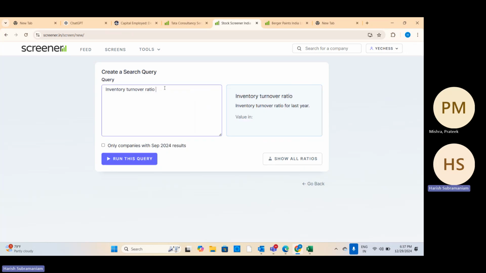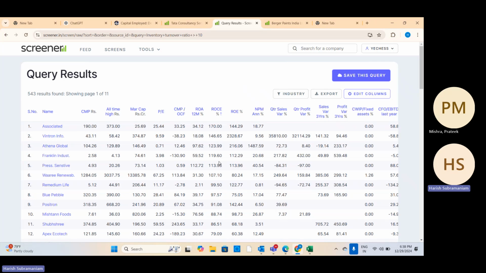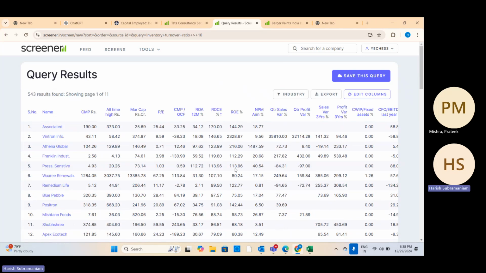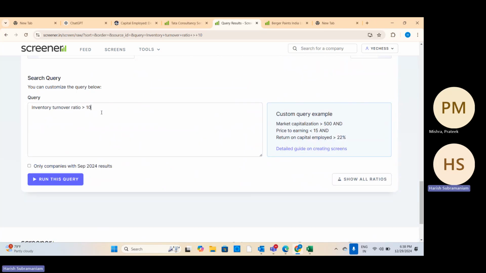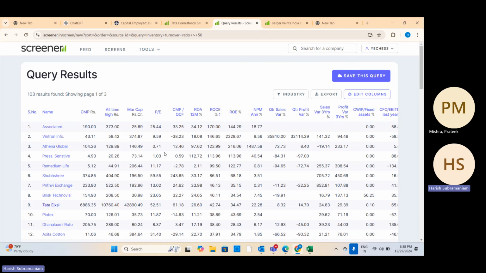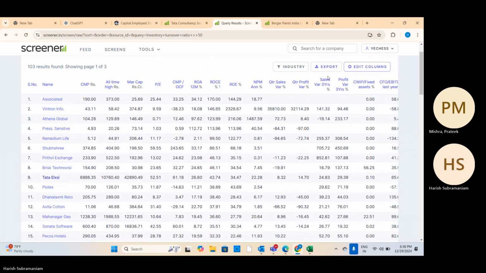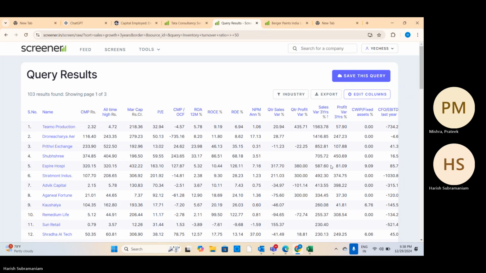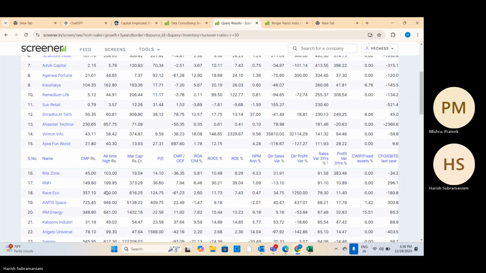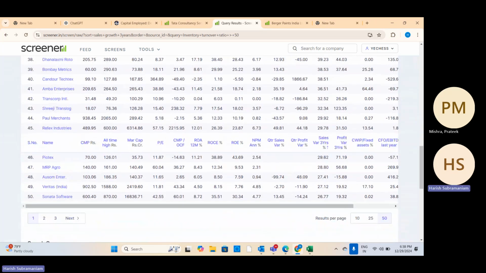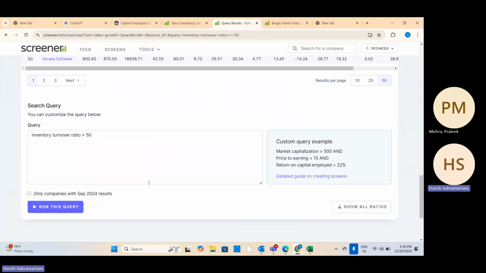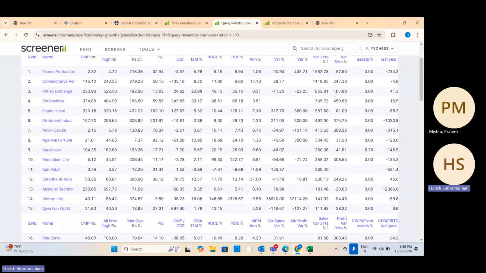Yeah, inventory turnover ratio is greater than 10. Let's say how many companies come, not many will come. 543 is companies. So let's say this is more than 50. There are 100 companies. But this is what inventory turnover ratio tells us, that companies which are, you can see over here, there are